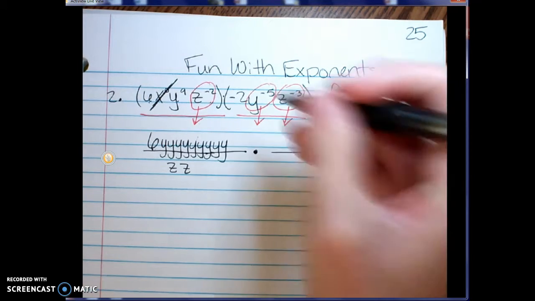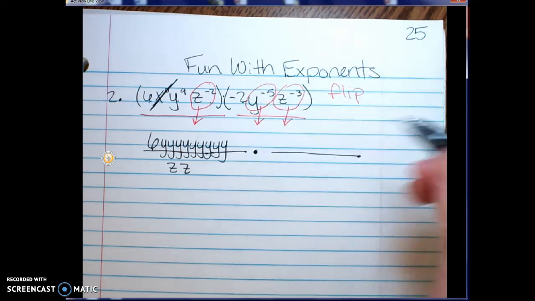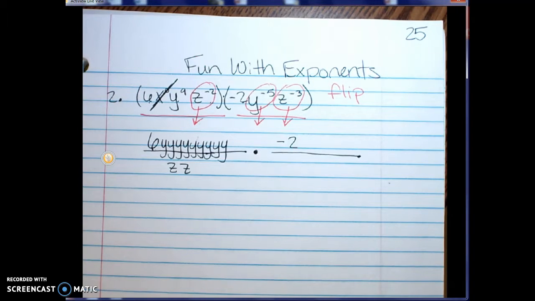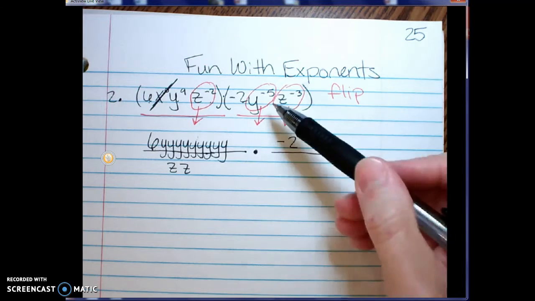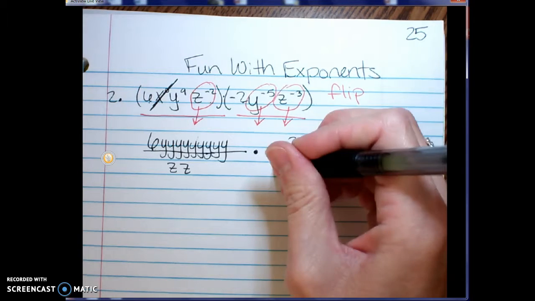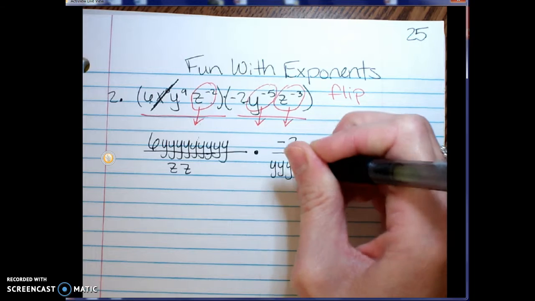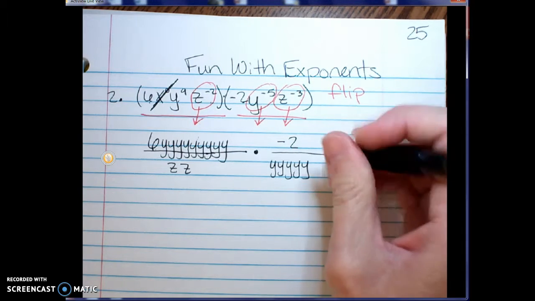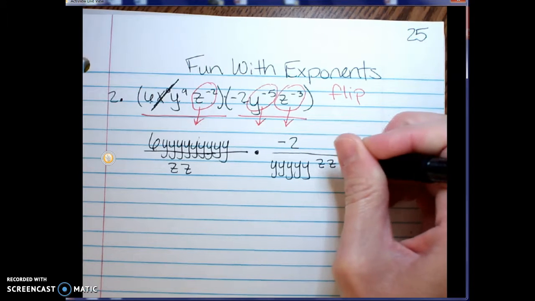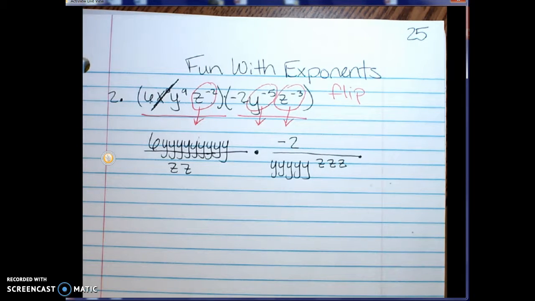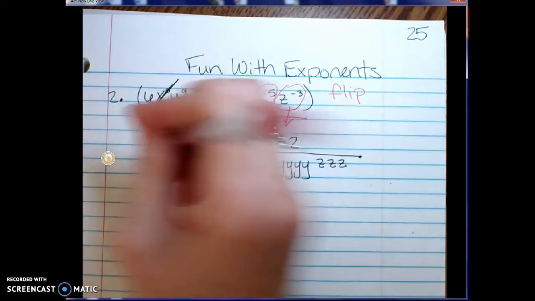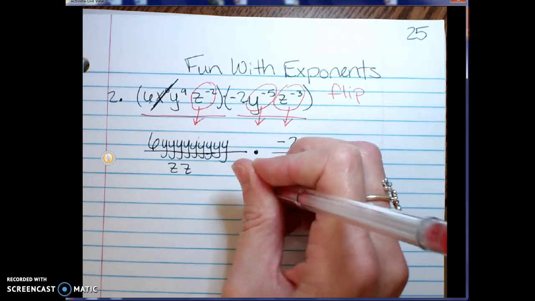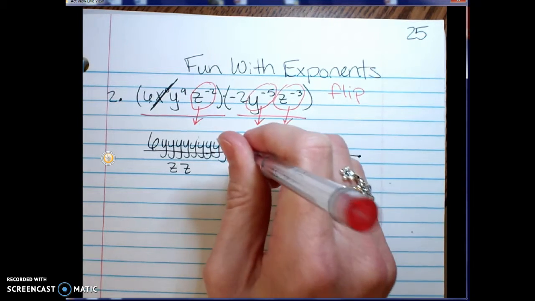So in my second fraction, again, that big negative 2 is fine. It gets to stay on top. It doesn't have to move. My y that I circled because of the negative exponent, I'm going to list out in the denominator. So I'd have 5 y's. And the z also had a negative exponent, so it's going to be listed in the denominator too. So I have those 3 z's in the denominator. Okay, so from here, when you multiply fractions, all you do is you multiply straight across,